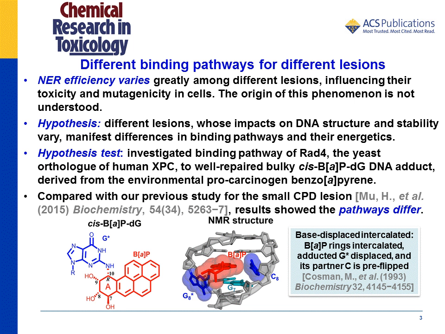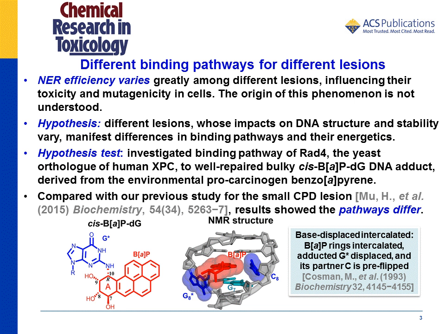It's very interesting that NER efficiency varies greatly among different lesions, influencing their toxicity and mutagenicity in cells. Some lesions are even repair resistant. These can survive to replication and cause mutations that initiate cancer. However, the origin of such great variability in NER efficiency is not understood. Our study focuses on the mechanism of a crucial step in NER, lesion recognition by XPC. We hypothesize that different lesions whose impacts on DNA structure and stability vary manifest differences in binding pathways and their